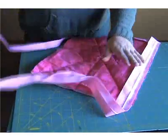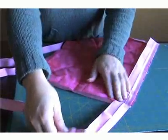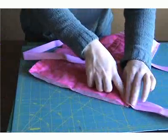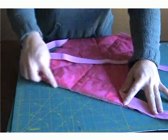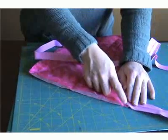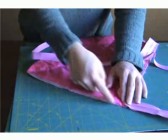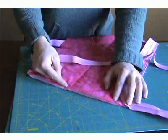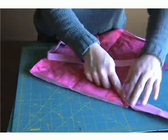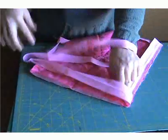And we're down to the second corner now. It's the same thing as the first corner. You're going to take your binding and fold it back so that the raw edges are running in a straight line here. Now, if you've sewn too far, you'll know, because you won't be able to pull your binding back far enough to get your straight edges aligned. If that's the case, just get a seam ripper and pull out a couple stitches. No big deal. Okay? So once you have this folded properly, then again, fold it back over this way